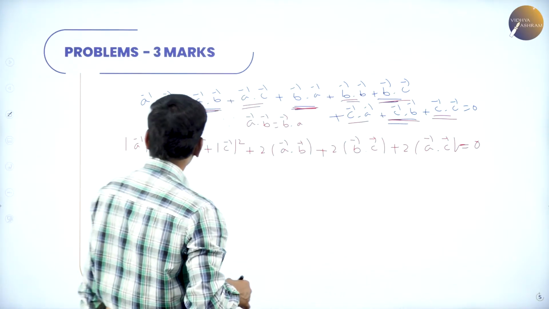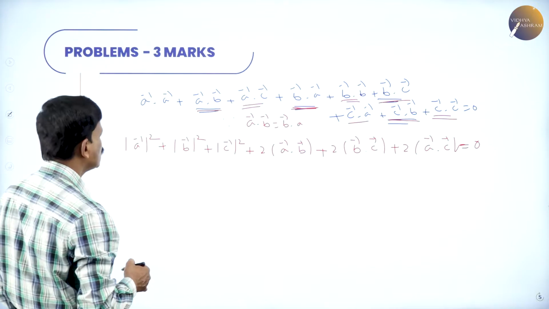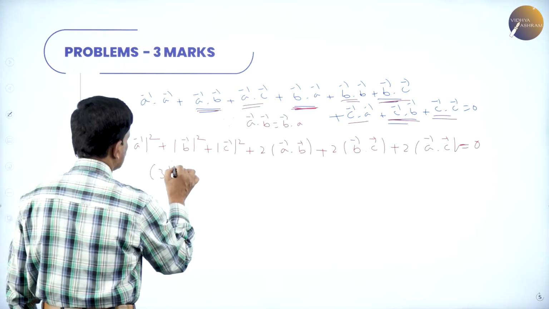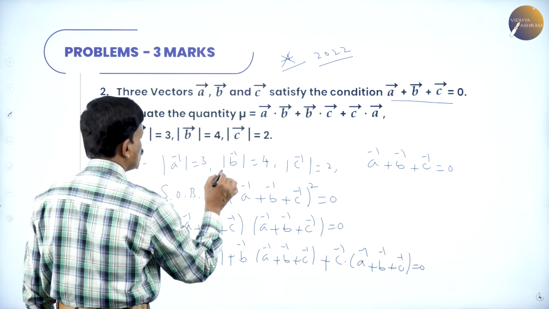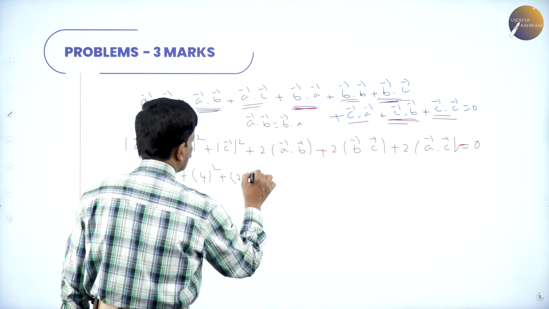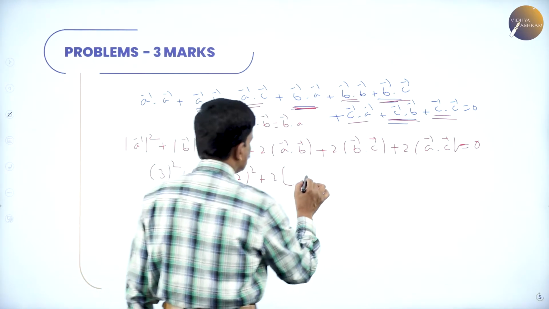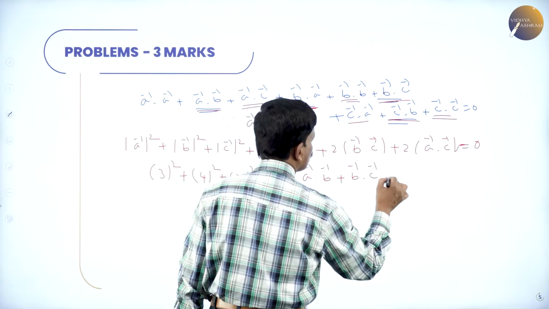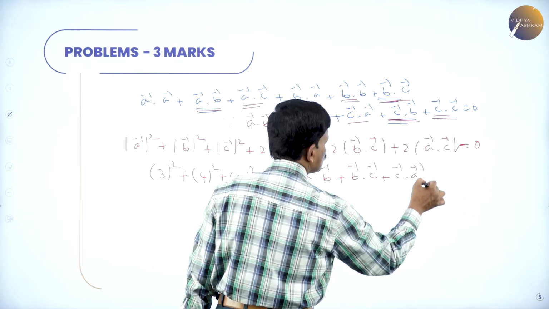So, now since what is given, substitute the values. What is vector A? Length of A is 3 square. This is 3 square. What is B? B is equal to 4 square. What is C? C is equal to 2 square. You can take 2 common factor. So, this can be written as A dot B plus B dot C plus C dot A is equal to